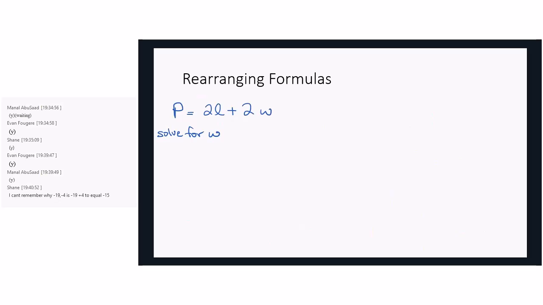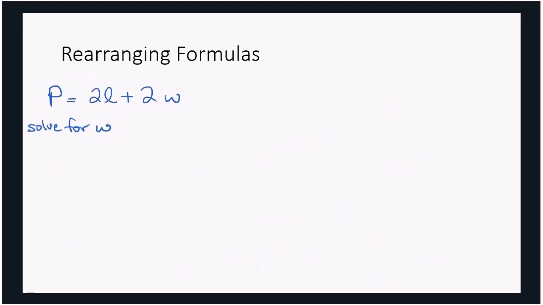If you want even more than that, if you go to Khan Academy, so www.khanacademy. I think it's com actually, C-O-M, it could be org, but you can Google it. They have a great section on algebra, Algebra 1 and Algebra 2, that goes over how to rearrange equations in order to solve for an unknown variable. So if you need more help in that, Khan Academy is great for that.